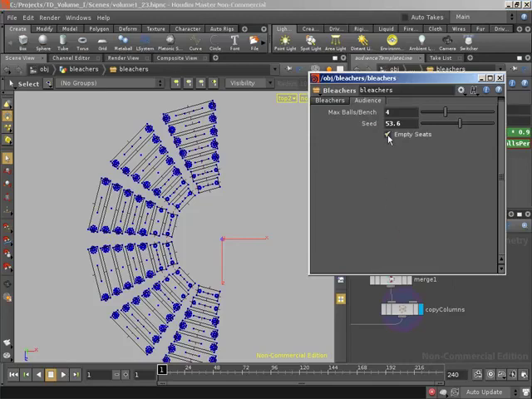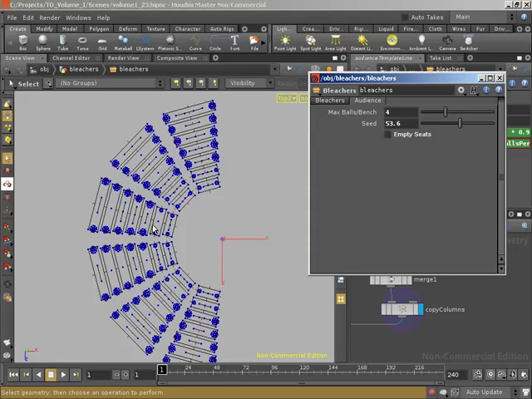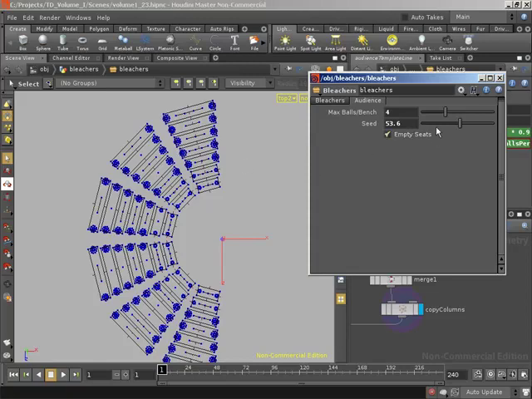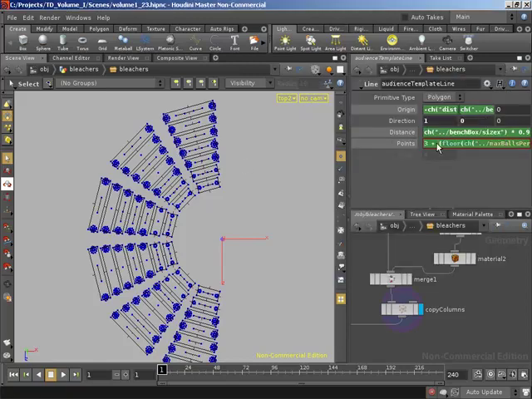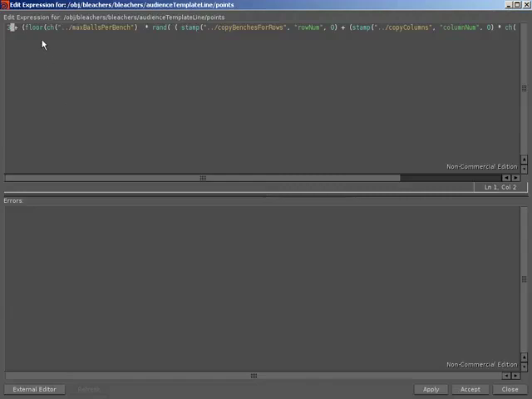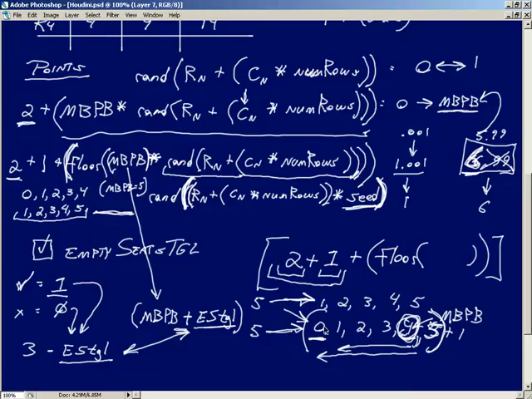If I bring up our parameters, we have this toggle that allows us to allow empty seats and disallow empty seats. It has a value of 0 and 1. Yeah, so 0 when we don't want empty seats, when we want this situation here to occur. A value of 1 when we want to allow the possibility of having no points. Yeah. Fantastic. So I'm going to bring up our points expression, so Alt-E to bring up the expression editor. And the first part we saw, we need to subtract that toggle from our 3 value. So we've got 3 minus, let's grab our empty seats TGL. That's going to allow us to hit, let's bring up the arrow, hit the 0 in our range,